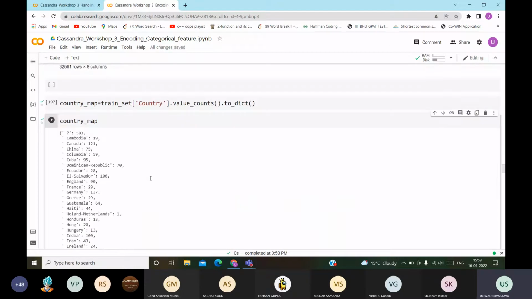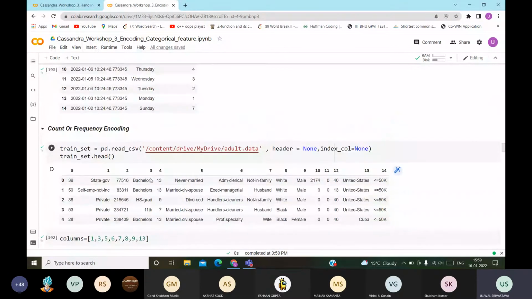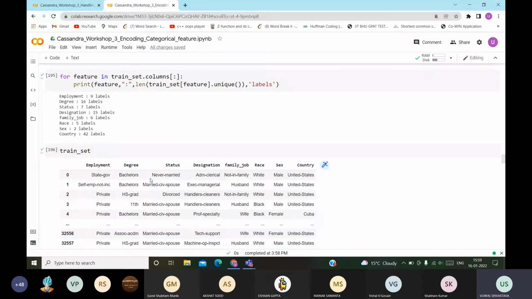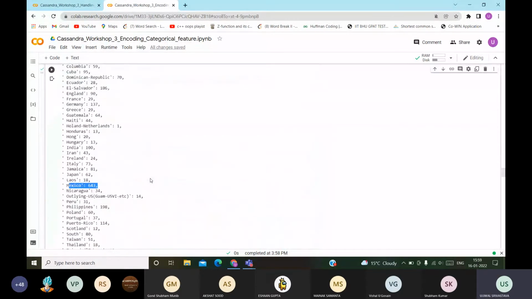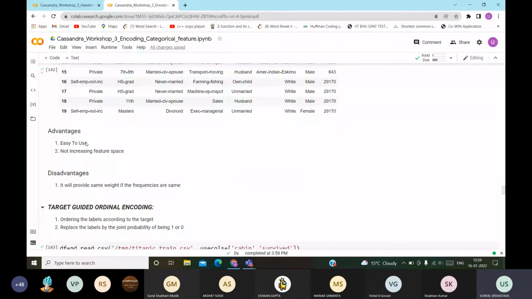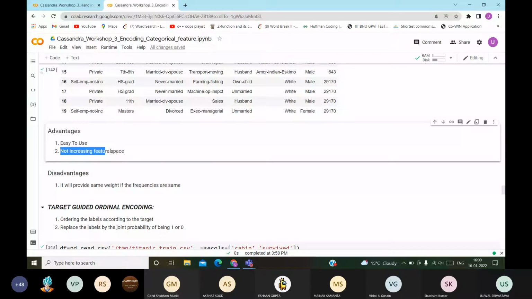So what are the advantages? It is easy to use: you can just write a one-line or two-line code and get it. Also, it is not increasing the feature space. In the case of one-hot encoding, you were creating a lot of new columns, but in this case no new columns are created. This is one of the advantages. As for disadvantages, it will provide the same weight if the frequencies are the same.